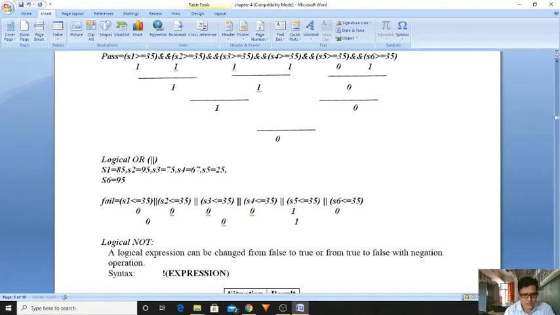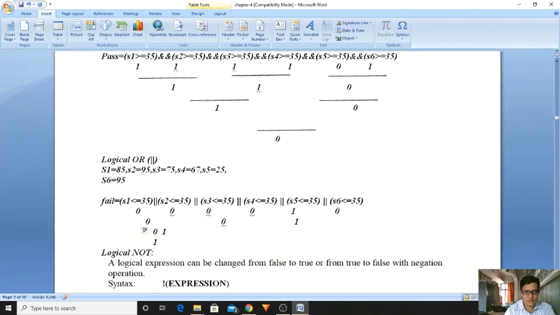False, false in the logical OR is false. Okay, false and true, then the final result is true. That is the truth table of your logical OR. False, true, true. So obviously it indicates you have failed, right?